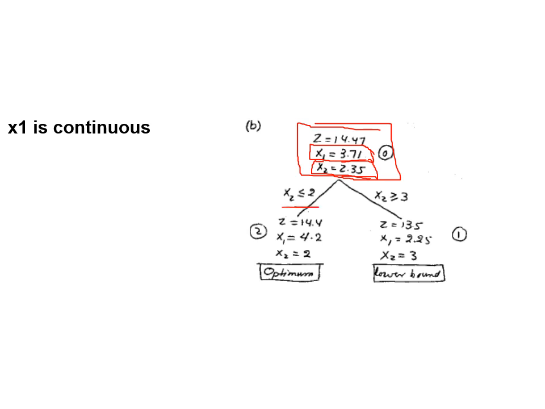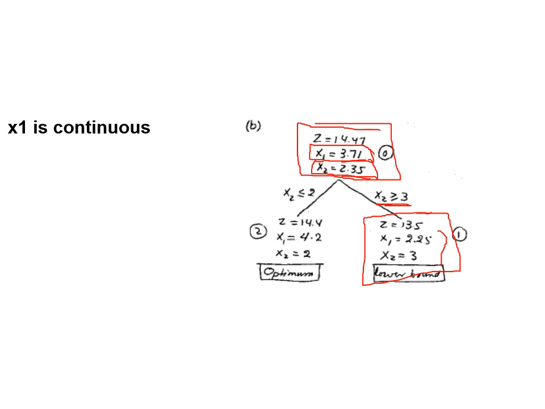That's why we branch on x2, x2 less than or equal to 2 and x2 greater than or equal to 3. So we include these constraints one by one to the LP relaxation and solve it. You see, when we force x2 to be less than or equal to 2 and solve it, we end up with this solution. And okay, let me first go to the other side. We initially solved this right hand side. Okay, so when you add this constraint and solve the problem, you see that we end up with this solution,